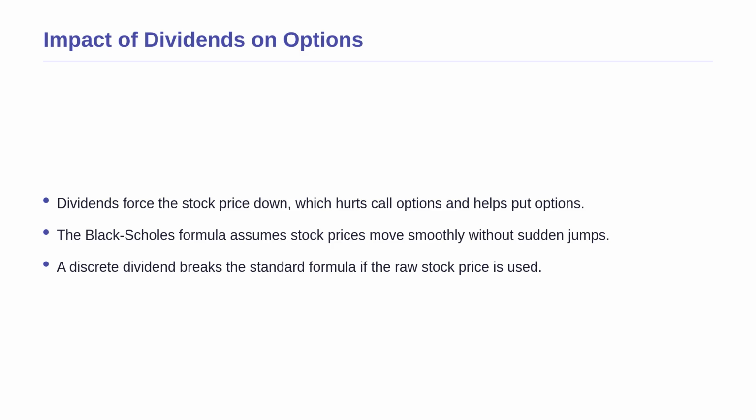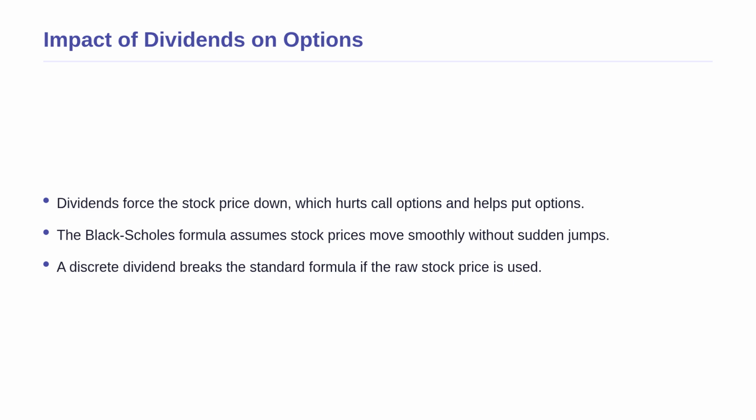So, we have successfully priced a forward contract. This brings us to options. Dividends heavily impact option pricing. A call option gives you the right to buy a stock, so you want the price to go up. A put option gives you the right to sell, so you want the price to go down. Because a discrete dividend forces the stock price to drop, dividends are bad for call options and good for put